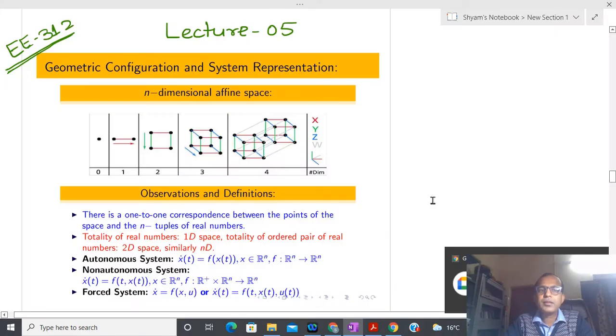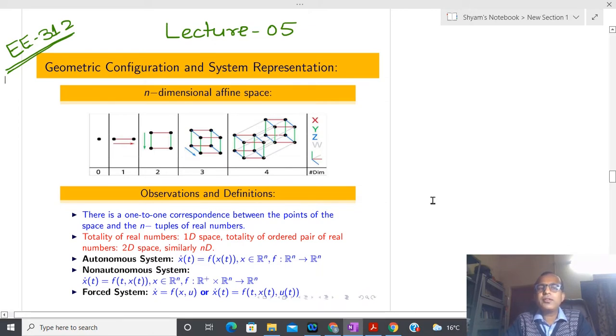Welcome back. In today's lecture, I am going to talk about geometrical configuration and system representation. In the previous class, we saw how to differentiate between a physical object and an abstract object. After that, we defined one very important concept called state. Now, in today's lecture, we are trying to understand more of the importance of the state,